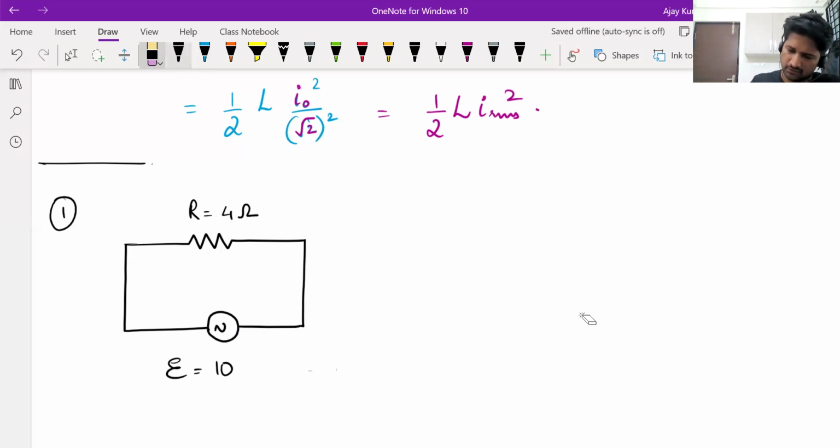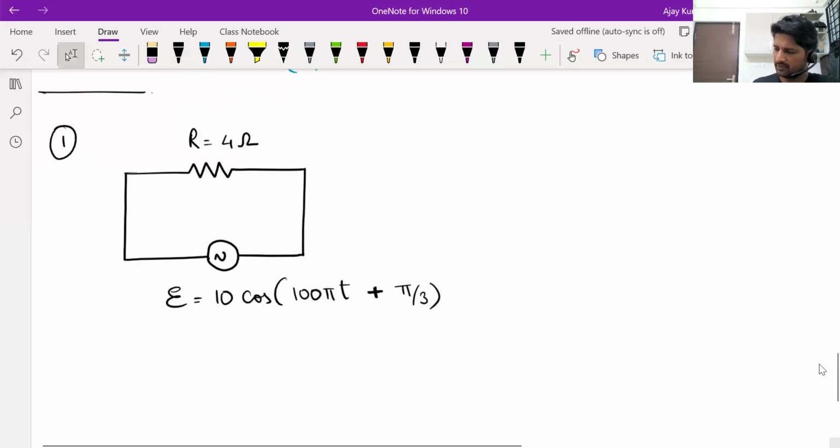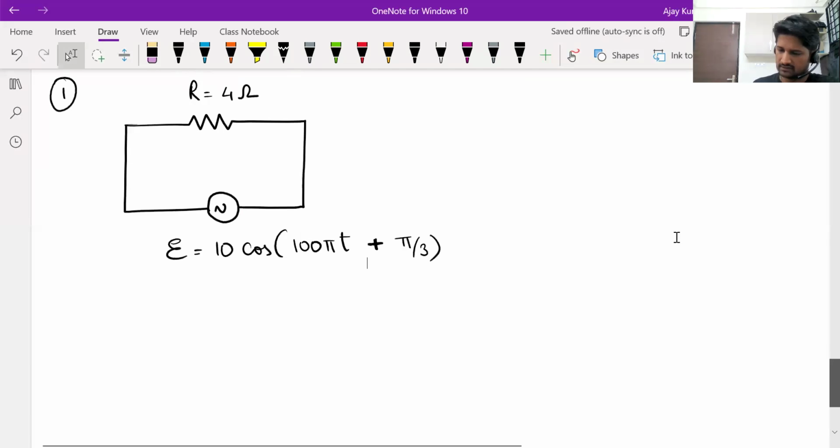Instead of the sine function, let's use some other function: cos of omega t, where omega is 100 pi, and let's say this function already has some constant, pi by 3. So we are generalizing our equations. Resistance is given, and alternating EMF is given across that resistance. You have to find out: